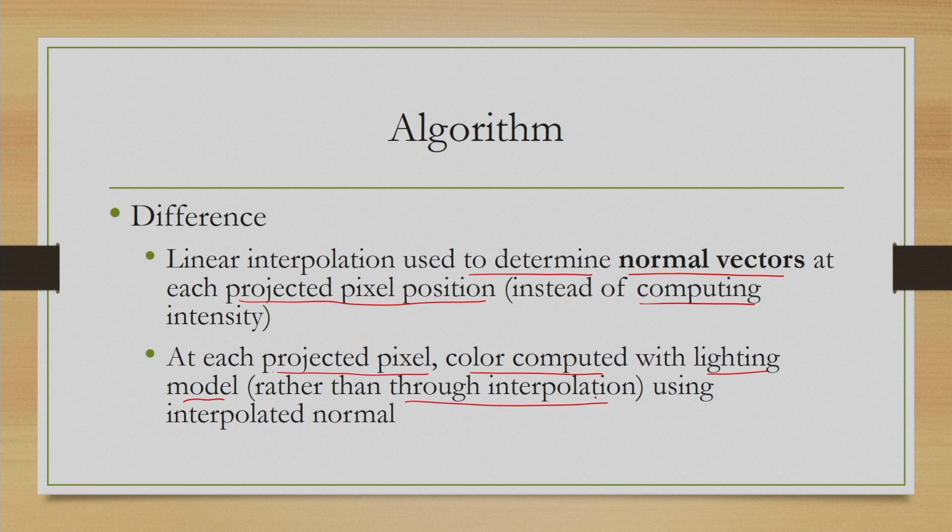So, here we are computing color using the lighting model, but not through interpolation. The only difference is that in order to compute color with the lighting model, we need the normal vector, which we are finding through interpolation. So, essentially, if we summarize, the surface is projected, and we identify the set of pixels that constitute the surface. At each pixel location we apply the lighting model. Before that we use interpolation to find the normal vector at that pixel location, and then we use the lighting model. So, we are using the lighting model repeatedly, which increases the computation and time.